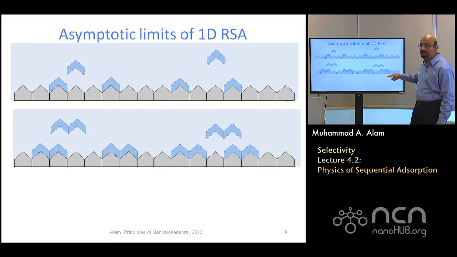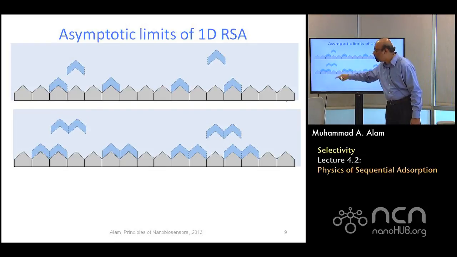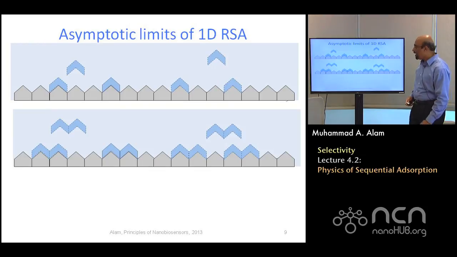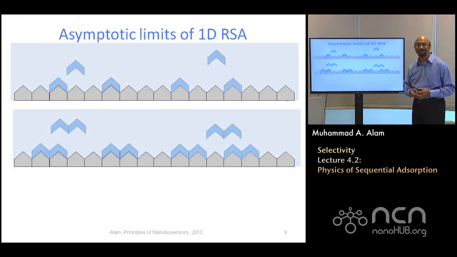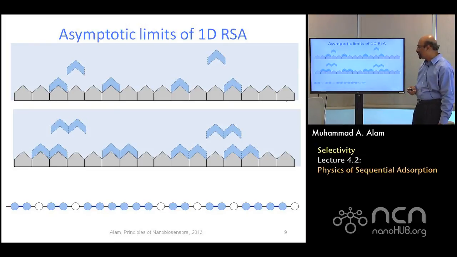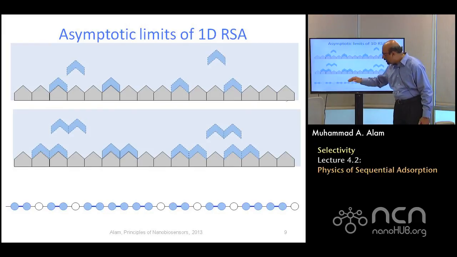So let's do a calculation associated with how molecules land on the surface and what fraction of them remain, what is the ultimate coverage that is possible under these conditions. Remember, I want to explain where that 54% number came from. So that is what we are trying to get to. And instead of drawing this picture over and over again, I'll be drawing a slightly simpler picture.